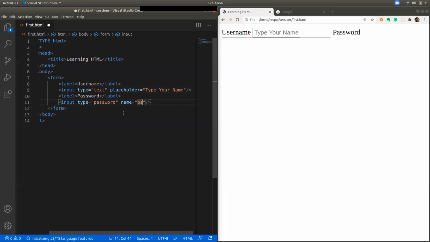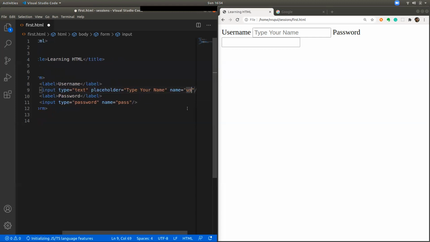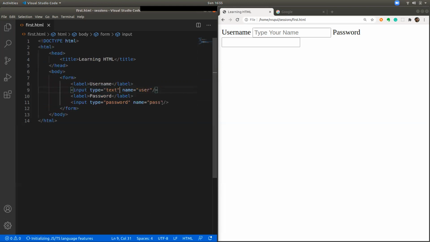I'm just giving it pass for the password, and for this one I'm giving the name user. So whenever this form sends this input to the server, the value you type over here will be sent with the name as user. The value you type in the password input will be sent with the name as pass.